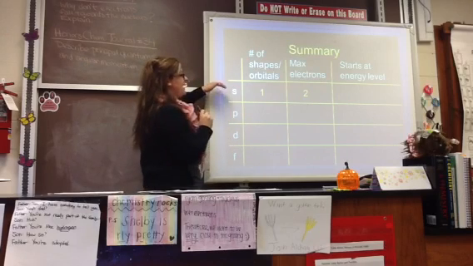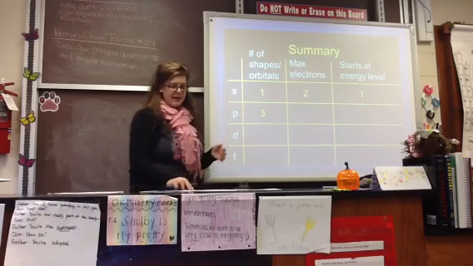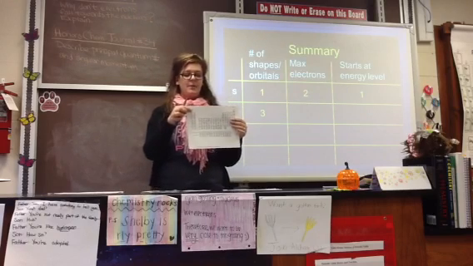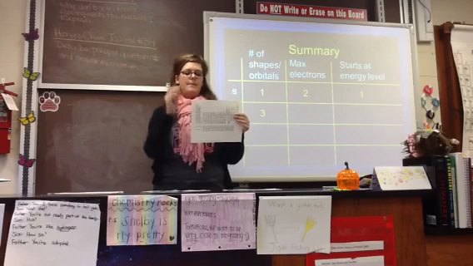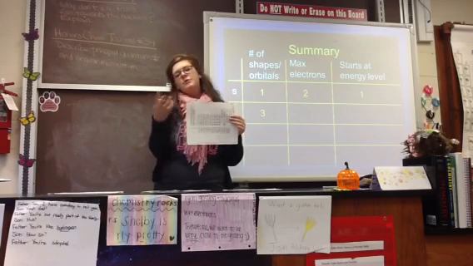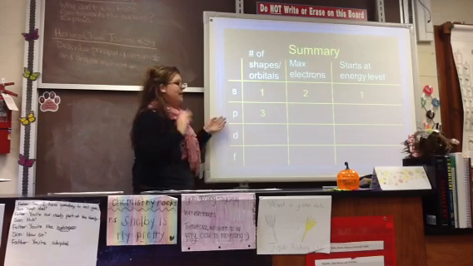Now, we know that the S sublevel would start on the first energy level because I know that hydrogen is part of that S sublevel, and hydrogen being part of that S sublevel is in row number 1. So I know that the energy level would just be row number 1. If I go to P,